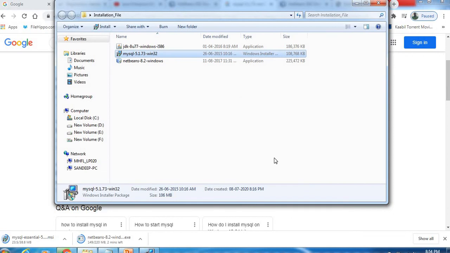So it will be installed. This MySQL file will be installed. It will ask for the username and password, so you have to provide the username. By default it is root, and then you have to provide the password also while you are installing.